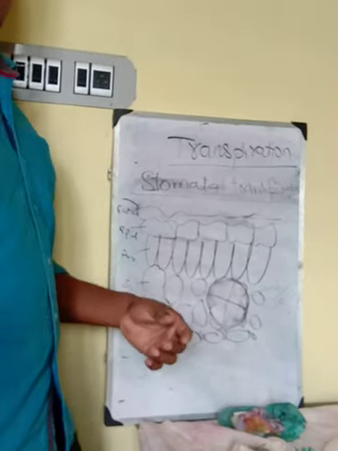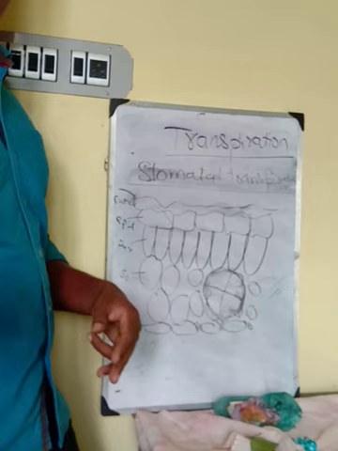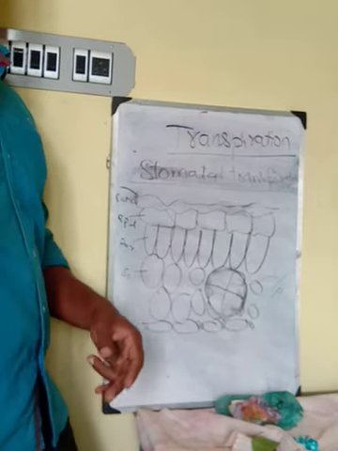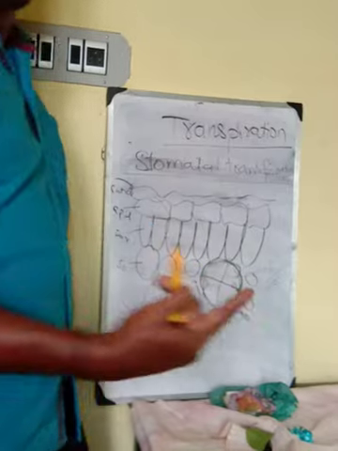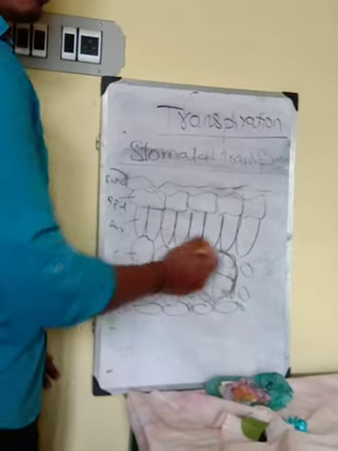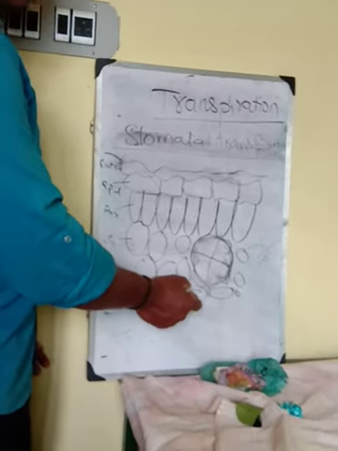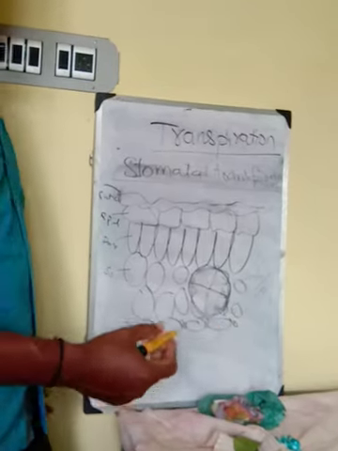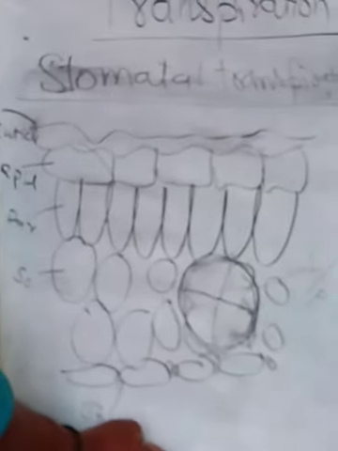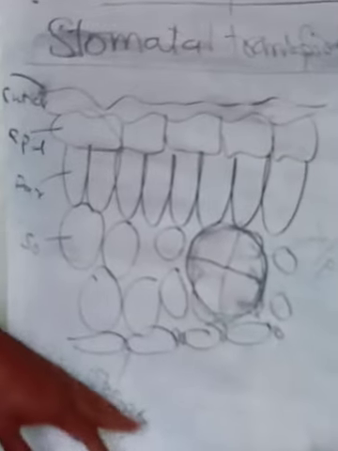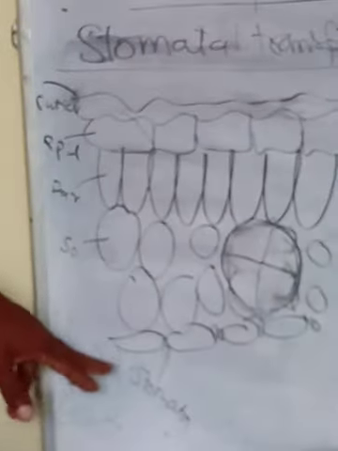Xylem and phloem: I told you before that xylem is used to conduct water and phloem is used to conduct food which is produced after photosynthesis. So you are clear about xylem and phloem. Then here is the lower epidermis. In the lower epidermis there are stomatal cells, with small openings called stomata. So now you have a little clearer idea about stomata.